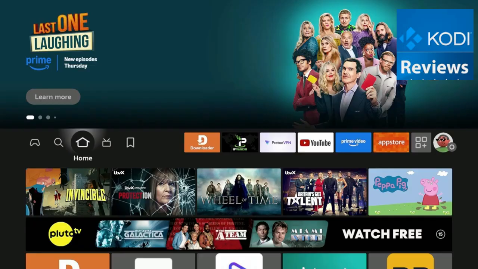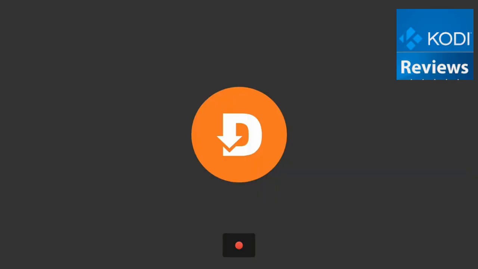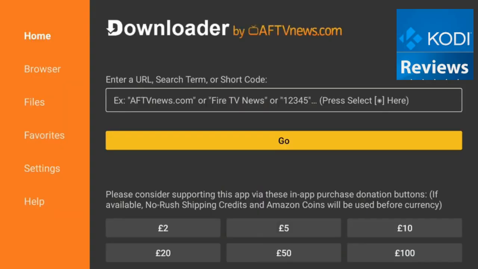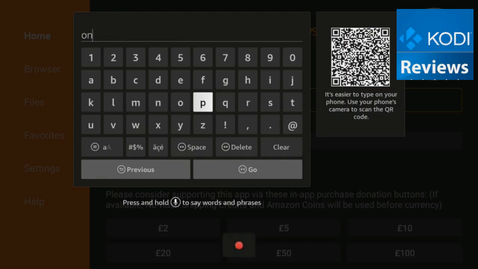Now you can exit Downloader and make your way to your newly installed app. Open it up, head to the search bar at the top and click on it. Now, follow along with me and type in the web address you see on the video. This is going to take you to the website where we will be able to download